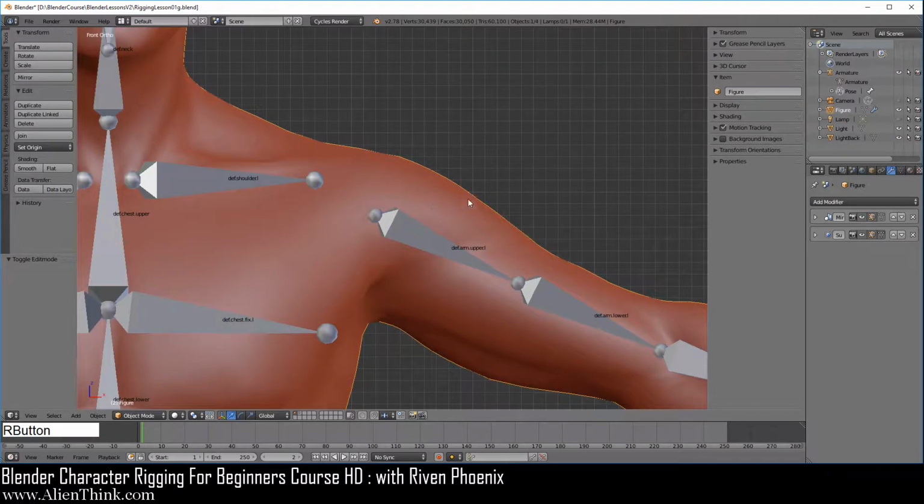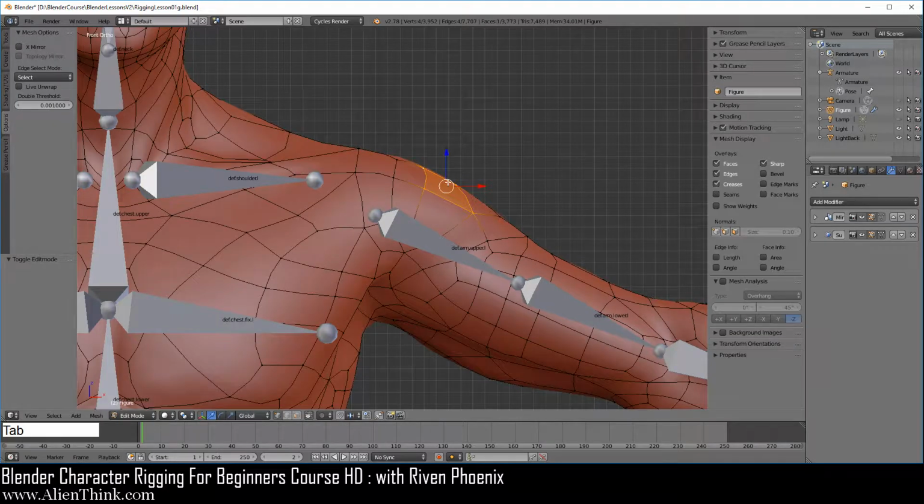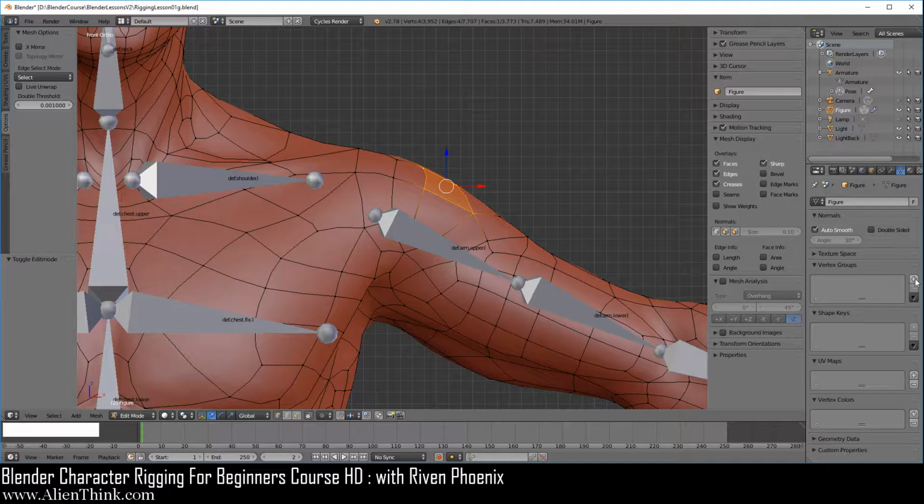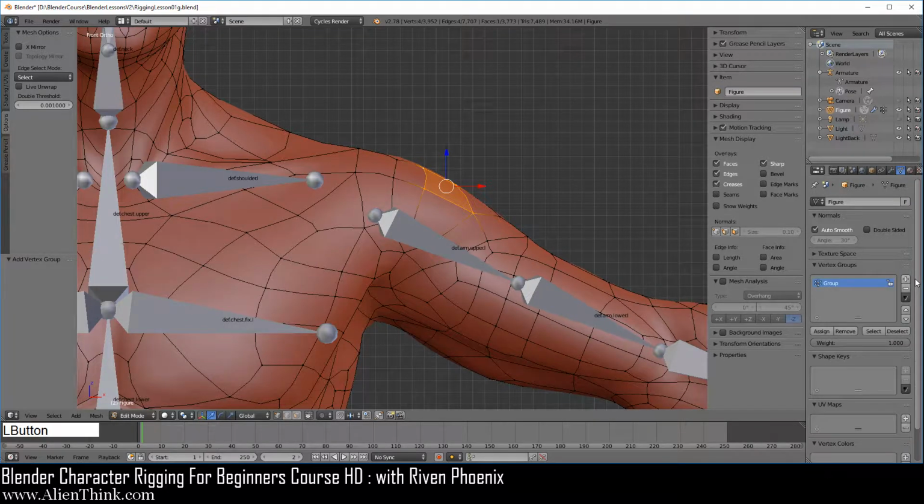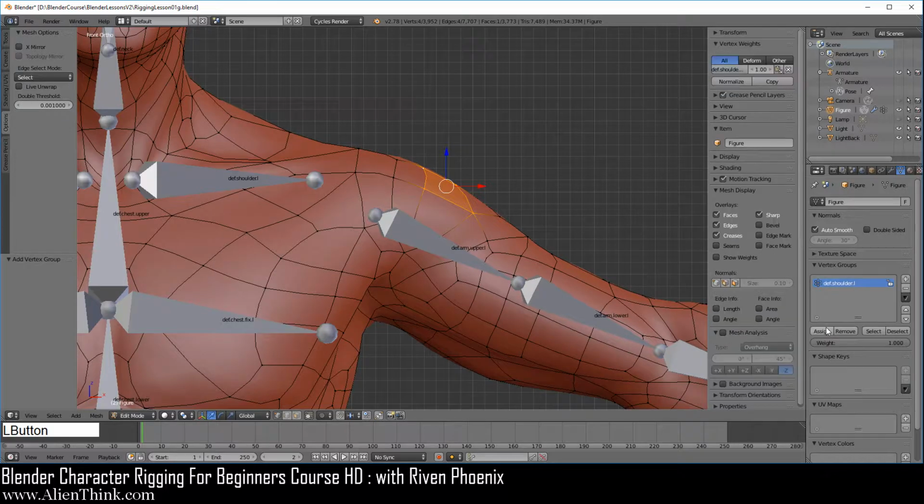Now go back to your figure and press Tab to go back into edit mode. So the vertices should still be selected. Now if we go ahead and click on the data tab over here, create a new vertex group over here, double click inside and then do Control V and press Enter and then go ahead and do assign.